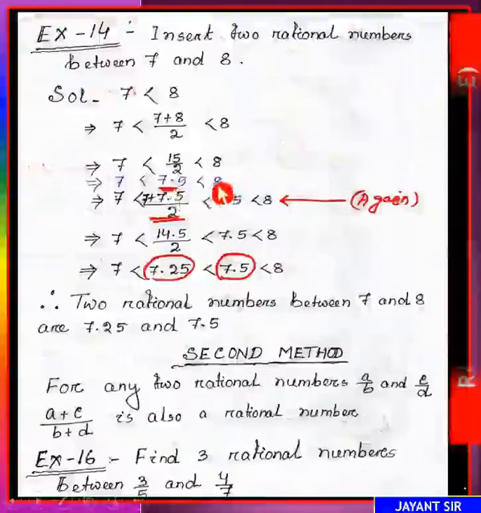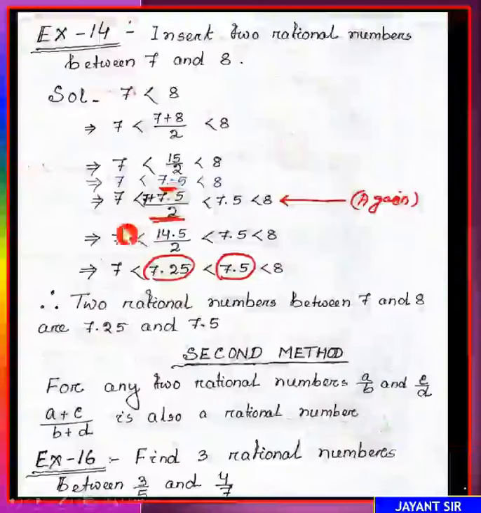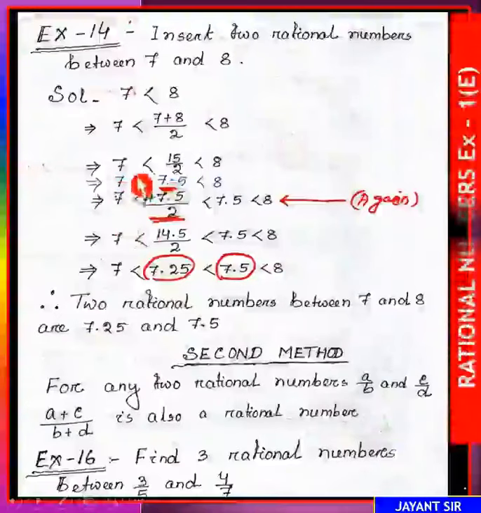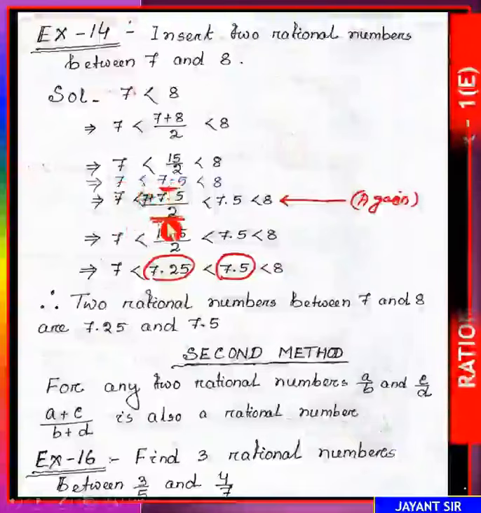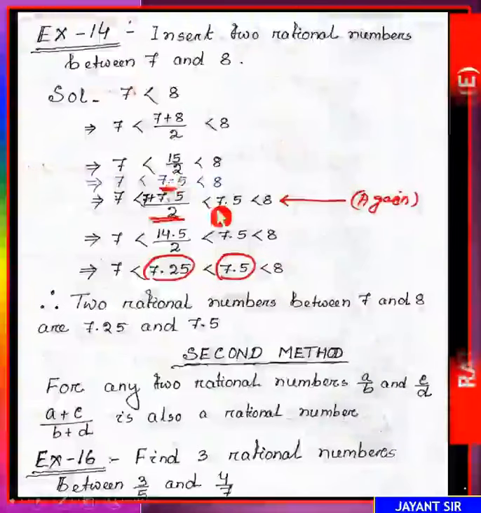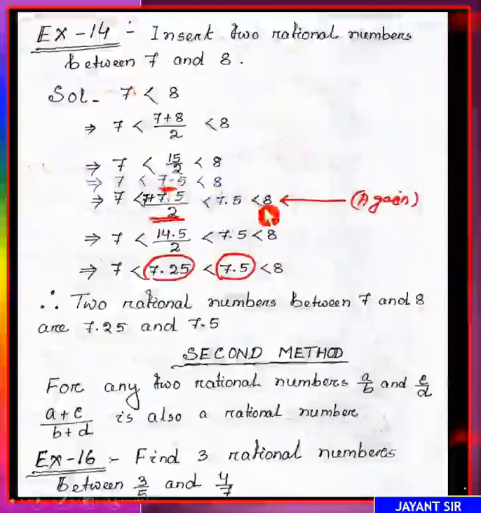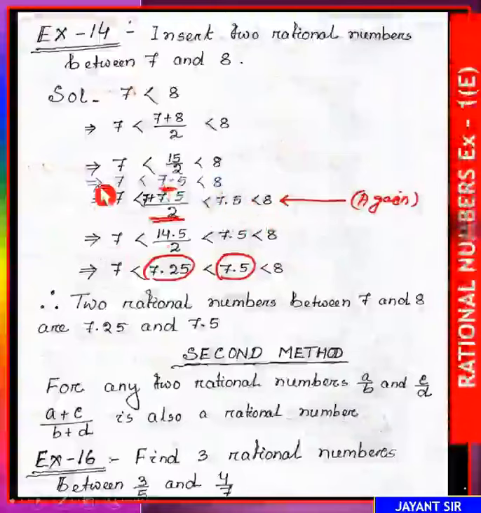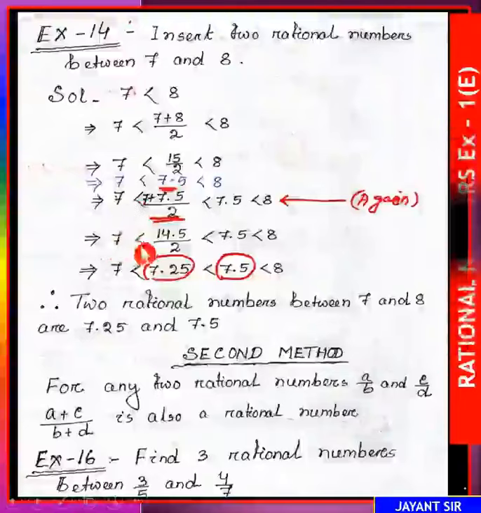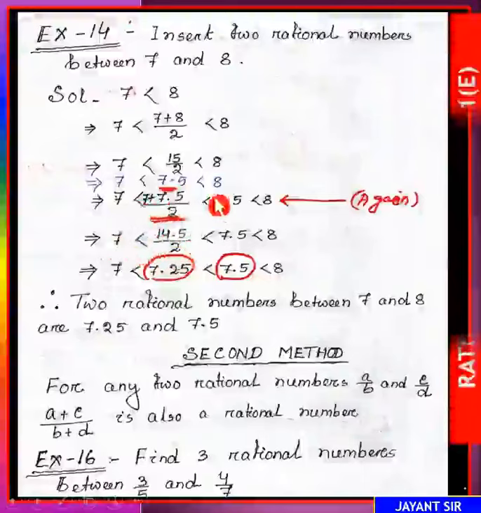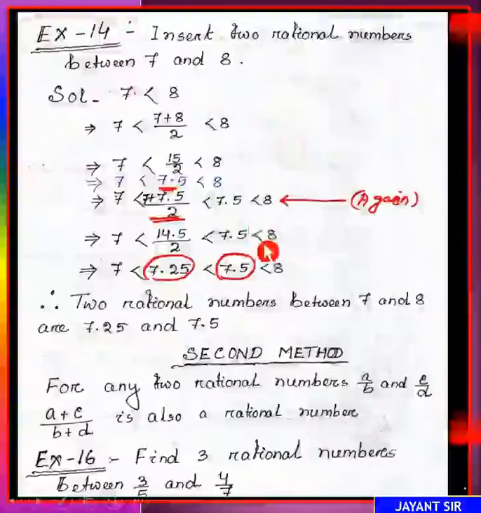Wherever you can take out, that is right. But I have taken out in between that 7 and 7.5. Look at here. 7 implies that 7 is less than, between these two, 7 plus 7.5 by 2 I wrote. Then less than the middle number, it was 7.5 as it was, I wrote. Then less than 8. Now come here, 7 implies that 7 is less than 7 plus 7.5 equal to 14.5 divided by 2, less than 7.5, less than 8, I wrote.